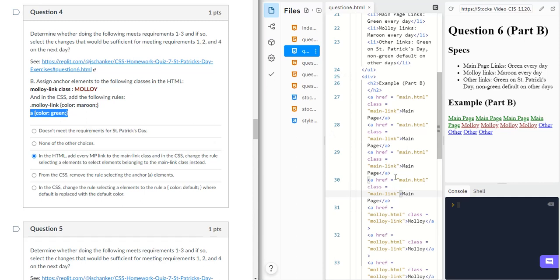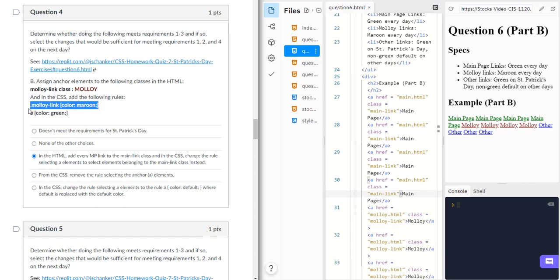So, I mean, this isn't great because we have to add them to classes in the HTML. But if you think about it, before, when we set it up for St. Patrick's Day, at least we didn't add all of these to a green class and then have to revert those changes, right? So we had it all set up at least. All we did was add the Malloy links to the color maroon, if that weren't already the case, which it probably was the case, actually,